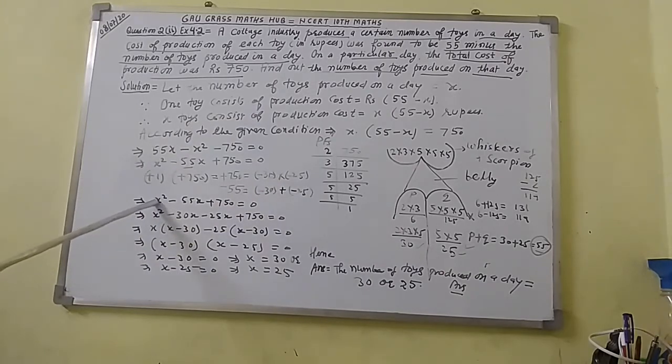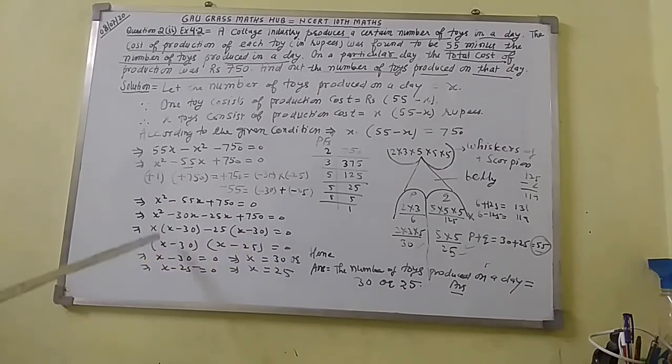Now here write the original quadratic equation. I have written x square minus 55x plus 750 equal to 0. To do the operation here, you can say the middle term is minus 55x. The middle term minus 55x has been split into two parts, minus 30x and minus 25x. Same thing I have reflected here, x square minus 30x minus 25x plus 750 equal to 0. Here you can take x as a common in both terms. If you take x as a common, in another bracket you will get x minus 30. If you take minus 25 as a common, in another bracket you will get x minus 30.